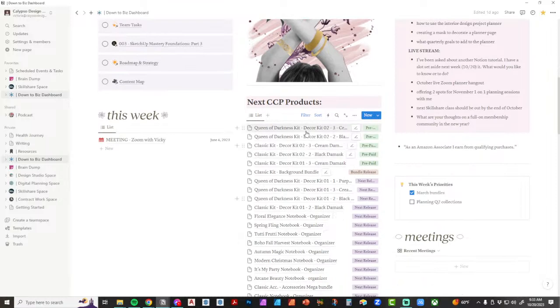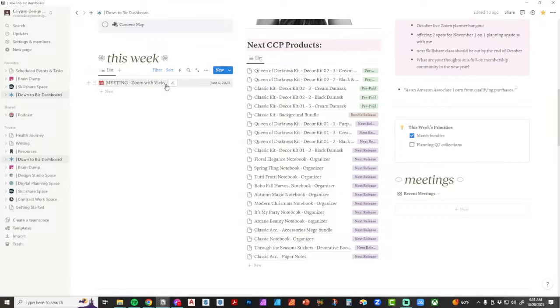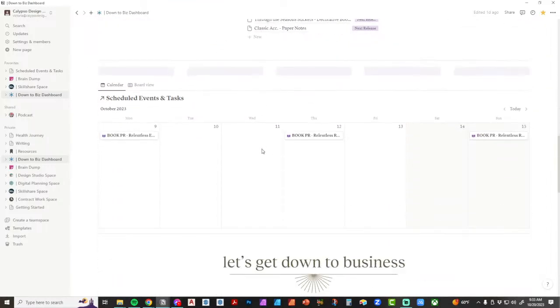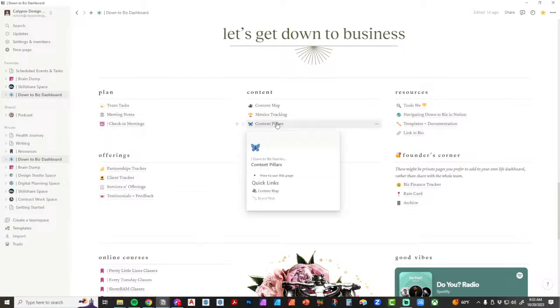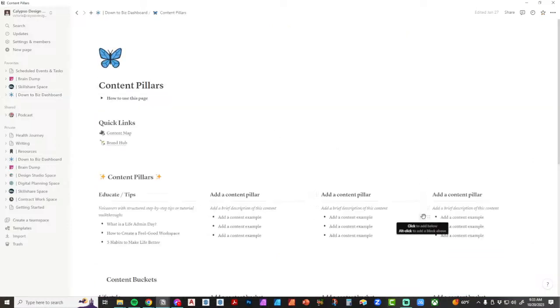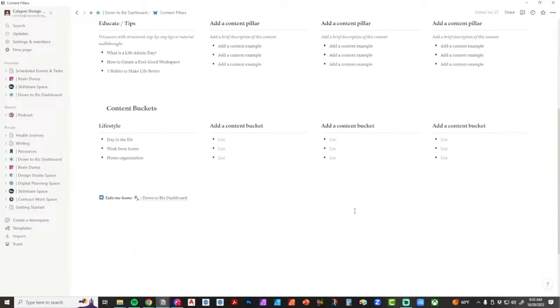This links back to a database that I have in my digital planning area. Clearly this needs to be updated because I haven't assigned anything to that in a while. But you can do all kinds of stuff with it. Having a dashboard is an easy way to create pages and house them here. If I click on this one and go here, this is obviously an example from her template that I purchased from Jules that I haven't filled out yet,